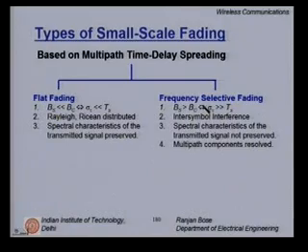The good part is if your Bs, which is the bandwidth of the signal, is much greater than Bc, you tend to resolve the multipath components. This we have seen in the case of ultra wideband UWB communication, where each multipath is resolved. Clearly, UWB falls into the second category, which is frequency selective fading.